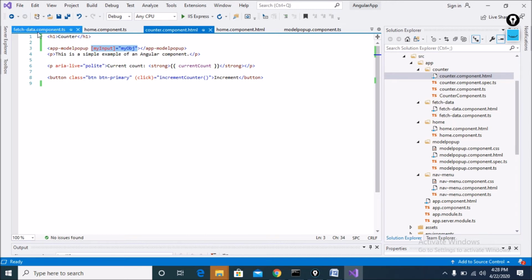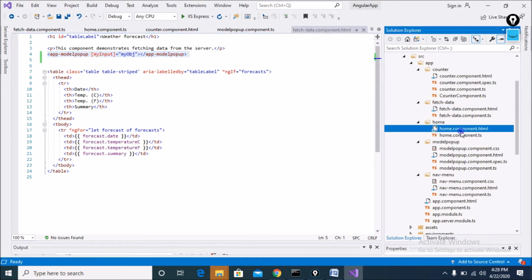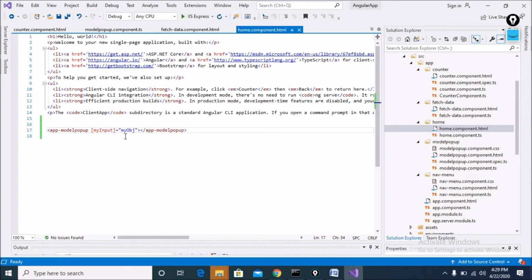And similar to that on another HTML component, like inside fetch data, I use similar myInput, and pass the object value similar to the home component. You can see here myInput, my object value I set dynamically.